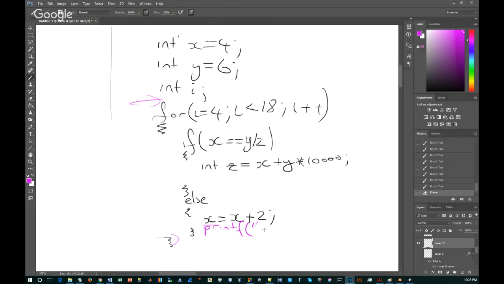Actually, I'll do this a little nicer. Print out x is the value. I'll put a new line as well, so it's nice. X. I introduced this variable z. Now, it's only in scope there, so I can't use it anywhere else, but I'll print it anyway. Slash new line. I have this y divided by 2, so I might want to check what that result is. So I can just do y over 2